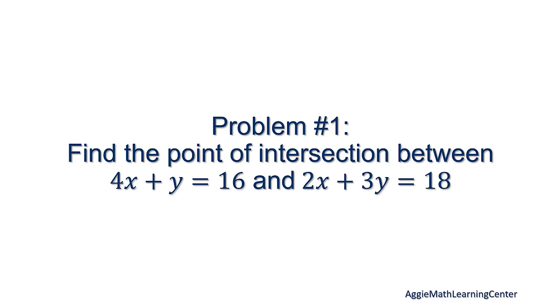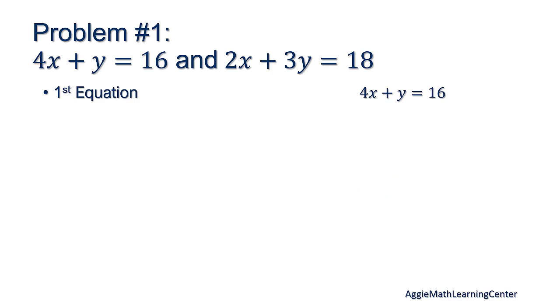The goal of this problem is to find a coordinate pair that is the point in which the 2 lines cross. There are multiple approaches to solving this problem, but I'll walk you through one called substitution. We do this by solving one of the equations for either x or y, and then substitute the solved form into the other equation. This simplifies to an equation that only has one unknown, which we can then solve for.